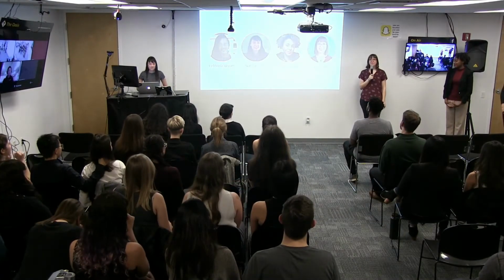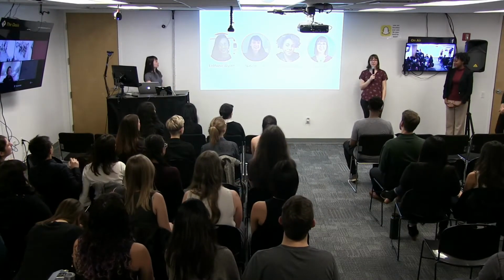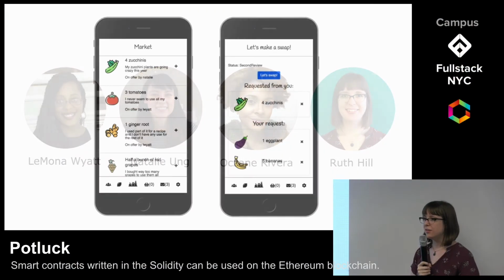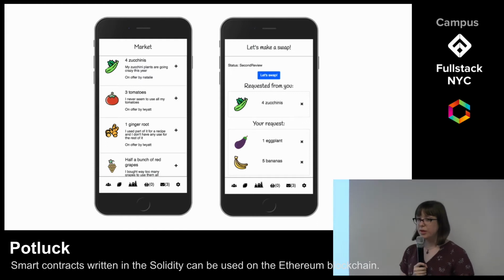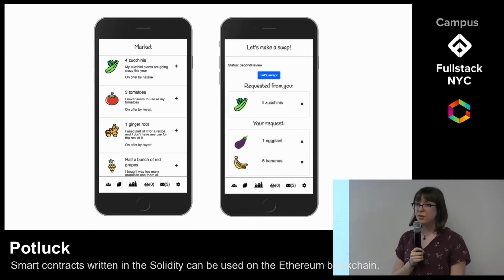Hi, everyone. My name is Ruth Hill. My teammates are Lamona Wyatt, Natalie Ung, and Oxane Rivera, and we are thrilled to introduce you to our social blockchain app, Potluck. Potluck is designed to redirect food that might otherwise go to waste through personal networks. If you have unwanted food that others might still enjoy, you can use Potluck to trade it with others in